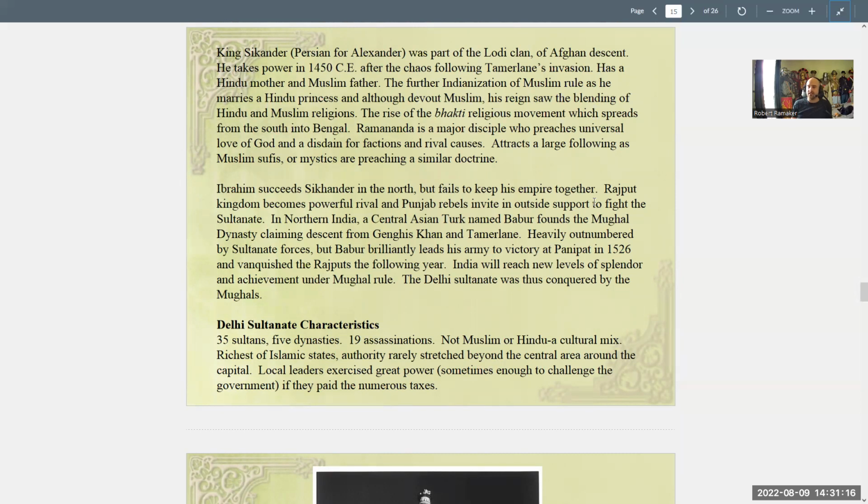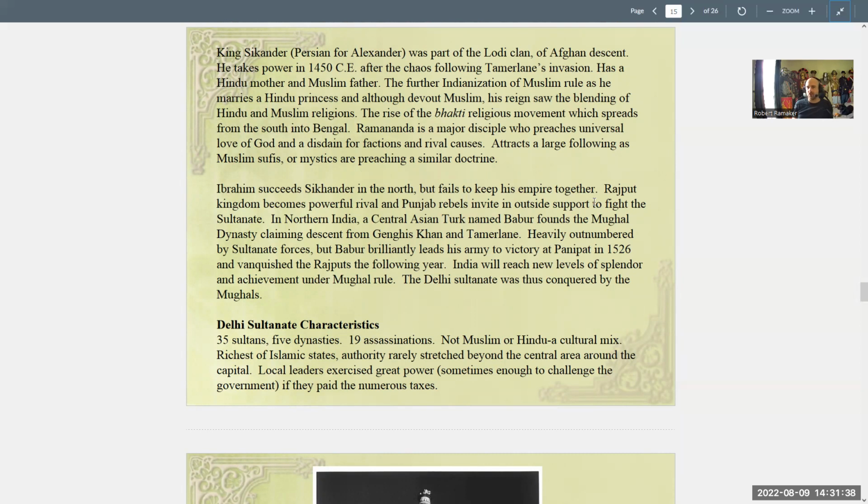Does it kill the dynasty? No, but kind of like with the Byzantines in the Fourth Crusade, there's no recovery. There's some recovery, but it's not to the point where it ever becomes a powerful dynasty again. I think Tamerlane really kind of takes most of the energy out of the dynasty. The next